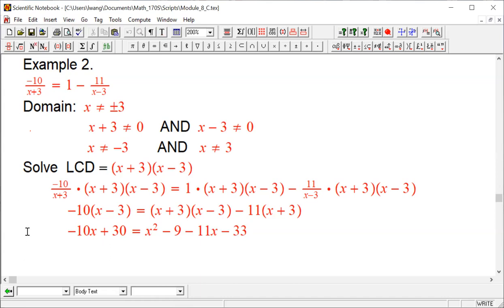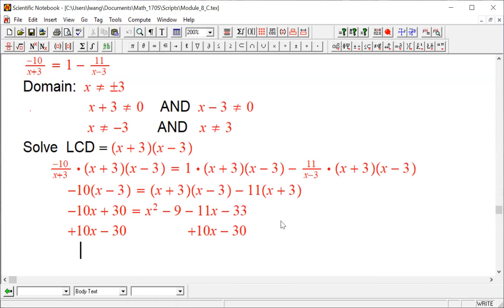Now we're going to move all the terms to one side. We're going to add 10x, and we're going to subtract 30 on both sides. And the result is that on the left-hand side, we're going to have 0. On the right-hand side, we will have x squared